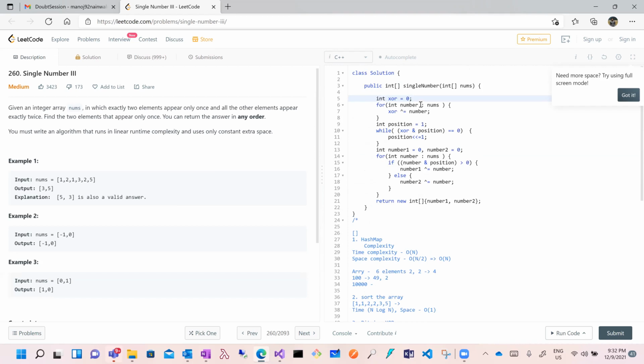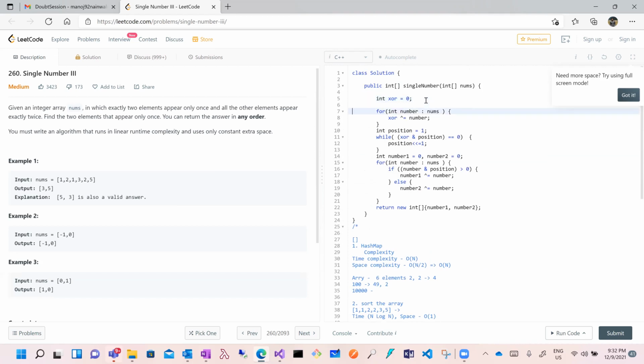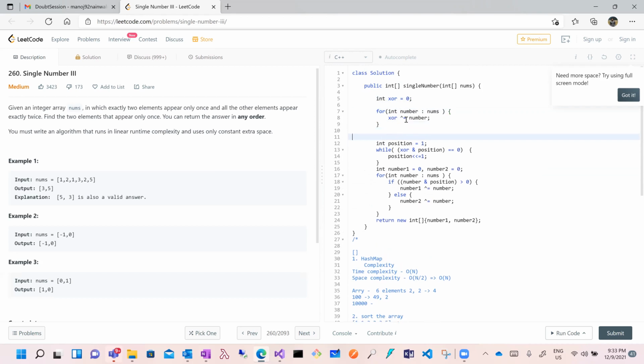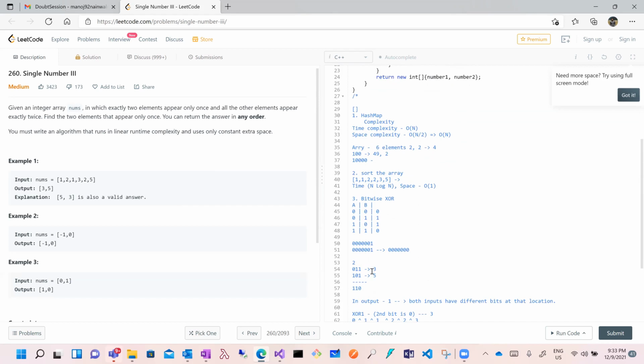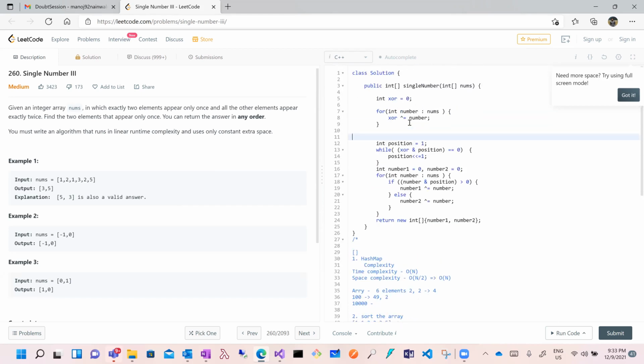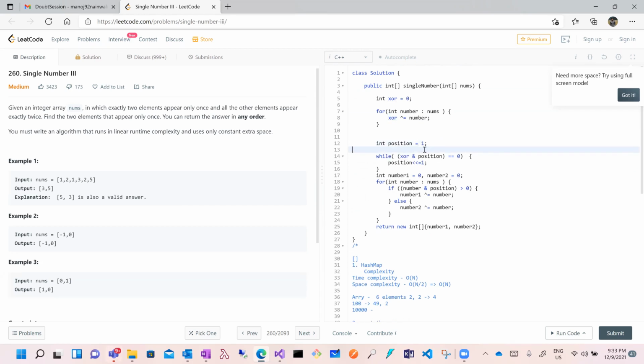First I am taking the XOR of all the numbers. After this I have the XOR output of both the inputs which are appearing only once. Then I choose my position with 1.